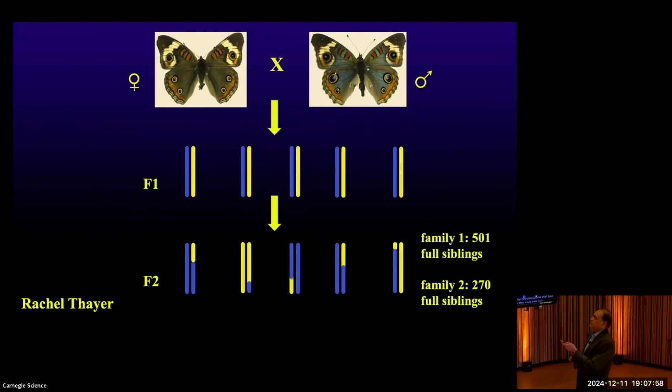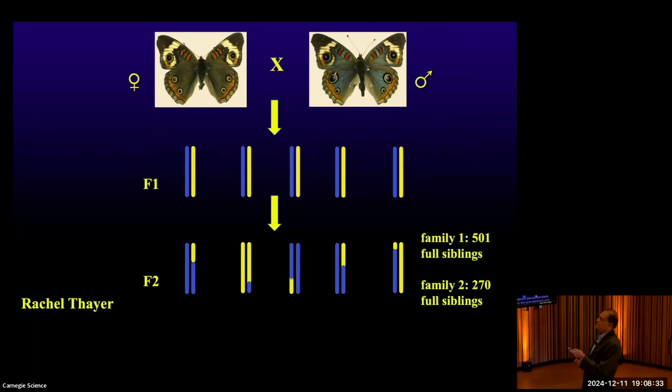But in the next generation, we take brothers and sisters and we mate them to one another. There's a process called recombination that allows pieces of chromosomes to exchange and for genes to sort separately. So now in the F2 generation, these are the grandchildren of these two original butterflies. Each of their chromosomes contains some fragment from the brown grandparent and some fragment from the blue grandparent. So we can sequence all of these butterflies and ask what part of the genome came from the brown grandparent, which one came from the blue grandparent.